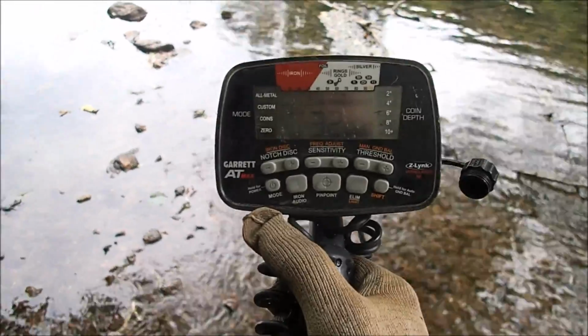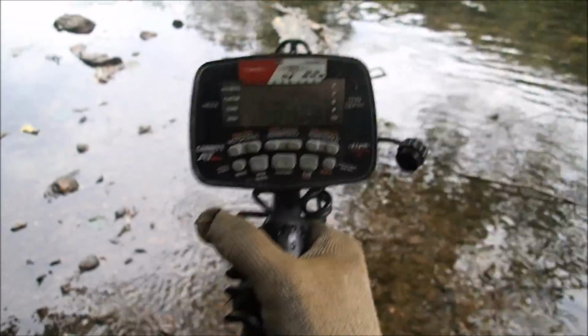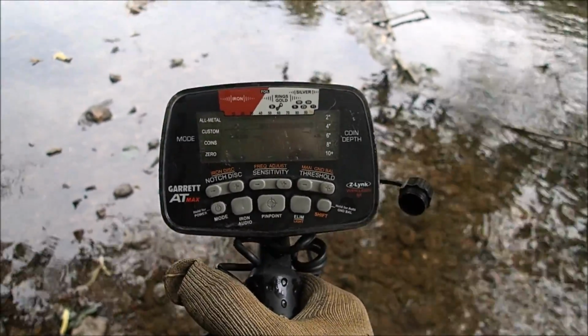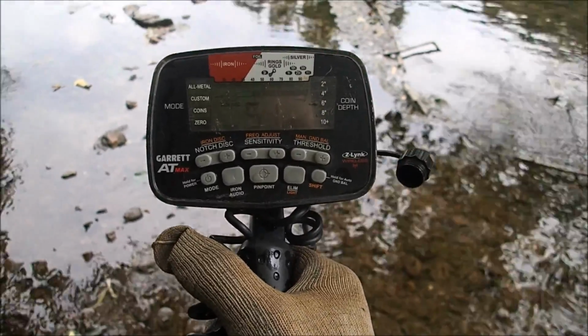Today we're going to be hunting with the Garrett AT Max again. I've got it basically set up in the 0 mode with discrimination up fairly high. I might bump that down if we can get out of this wire and nails and stuff right now, but I have it so that we'll hear big iron, but not necessarily the smaller things like gun tools. But anyway, I got a good signal here,